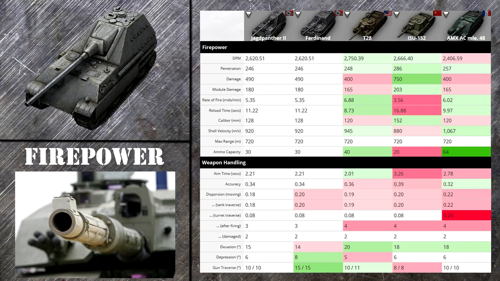Looking at the DPM, you are not far behind the ISU's Doom Cannon actually, and although the values on that gun are absolutely ludicrous, with 246mm of pen and 490 average damage, you can't really complain either. Combine this with their good rate of fire of over 5 rounds a minute and a very good accuracy of 0.34 meters with good secondary dispersion values on top, and you will find that realizing your DPM is absolutely possible